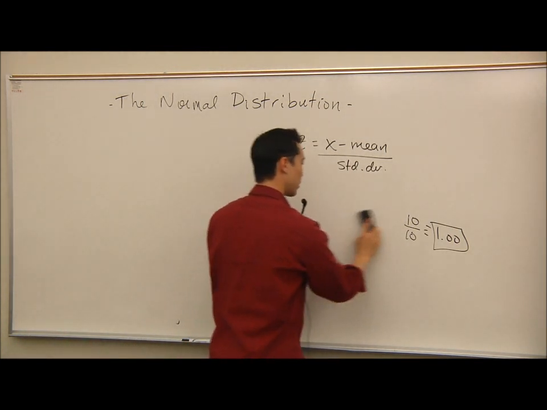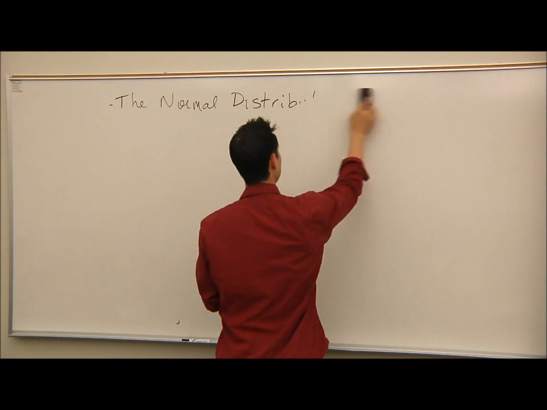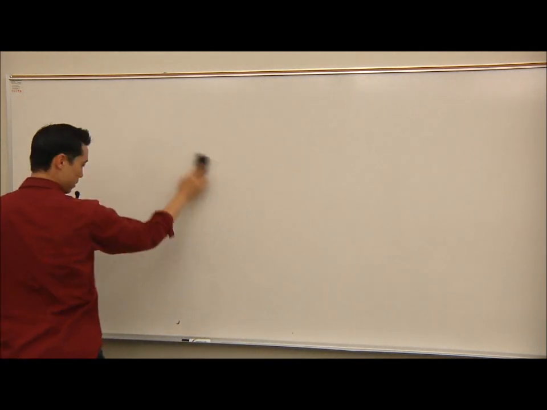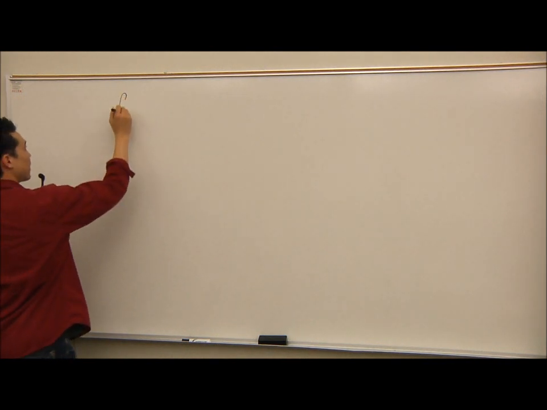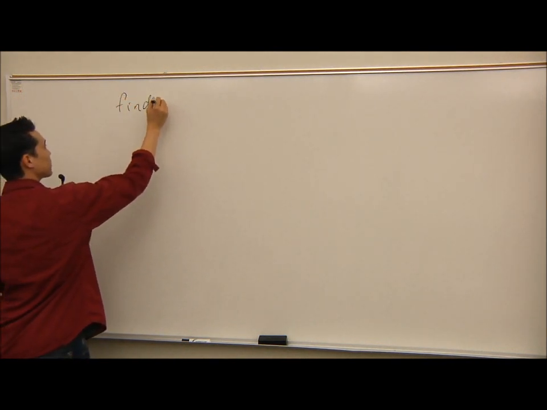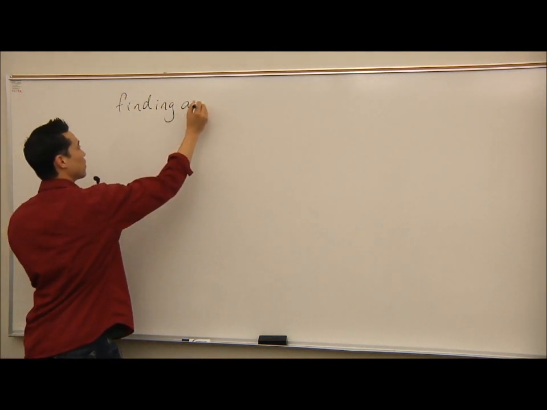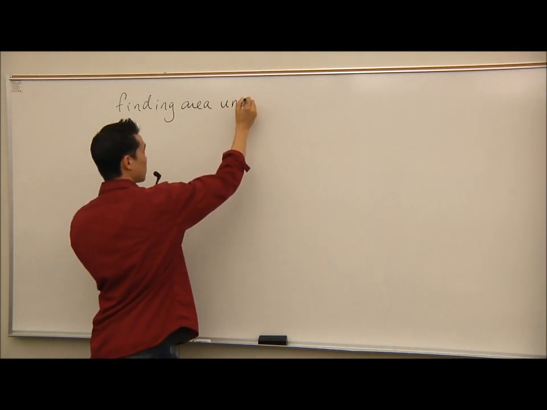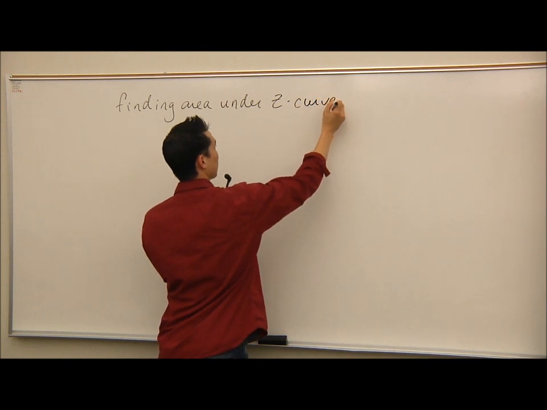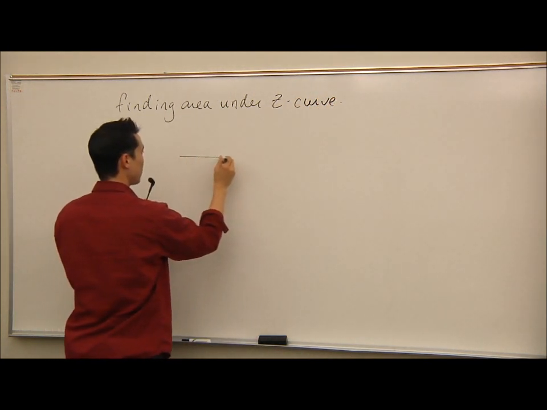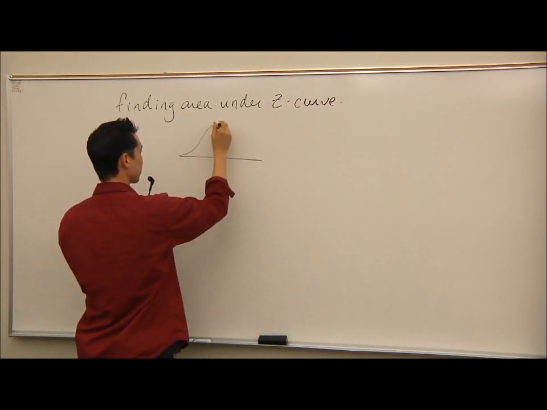And that's what your chart is used for. Okay. Finding area under your z curve, your standard normal curve. Okay, well, if 0 is in the middle,